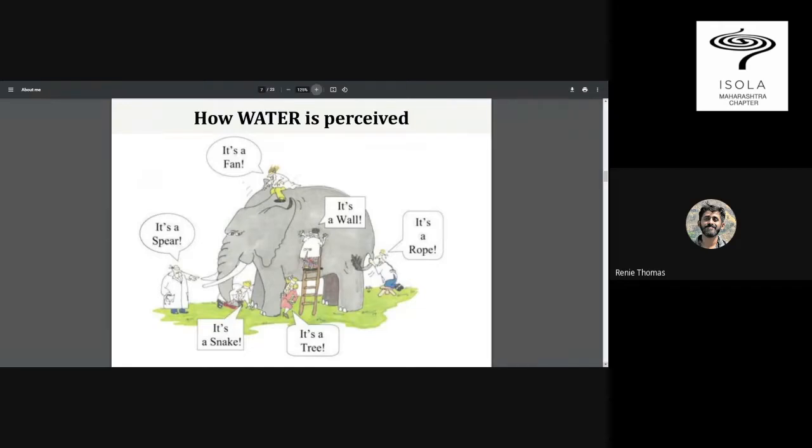But over the years, people have looked at something as a separate thing. For example, an engineer will look at it as a dam, I will look at it as groundwater, or a social scientist will look at something which is a basic right. So there is a lot of interpretation and understanding about how groundwater, or even water as such, is seen. I wanted to give this picture because I think this is very relevant in our current